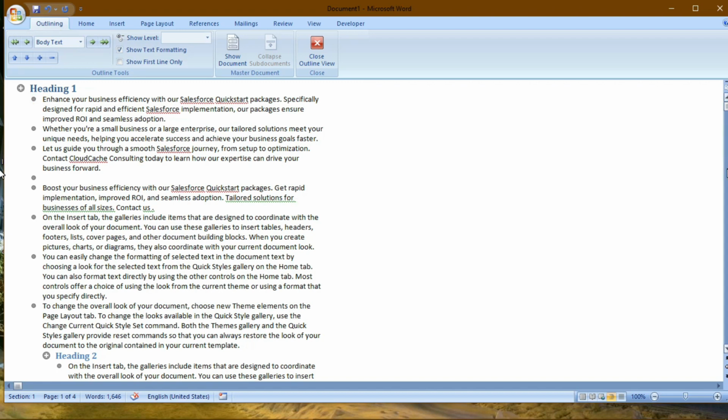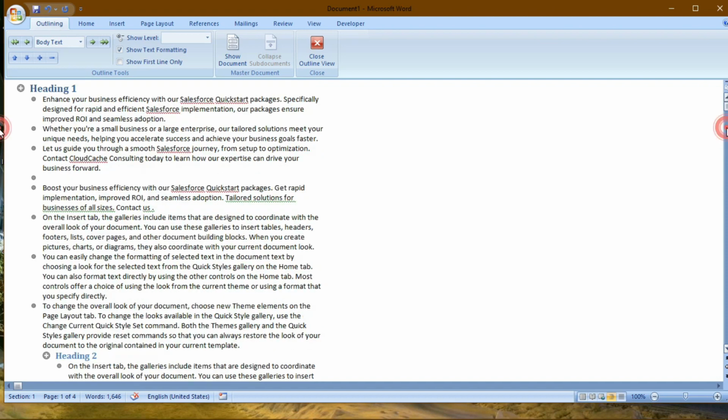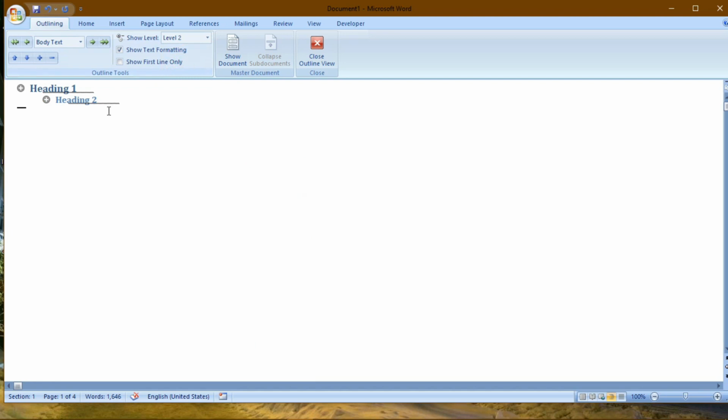Remember you can have the same level of headings as well as different levels of headings. I created different levels of headings intentionally, and here you can see the levels. Level 2 shows Heading 2. If I click on Level 3, then Level 3 headings are showing, and I created 4 level headings, so 4 levels of headings are visible here.